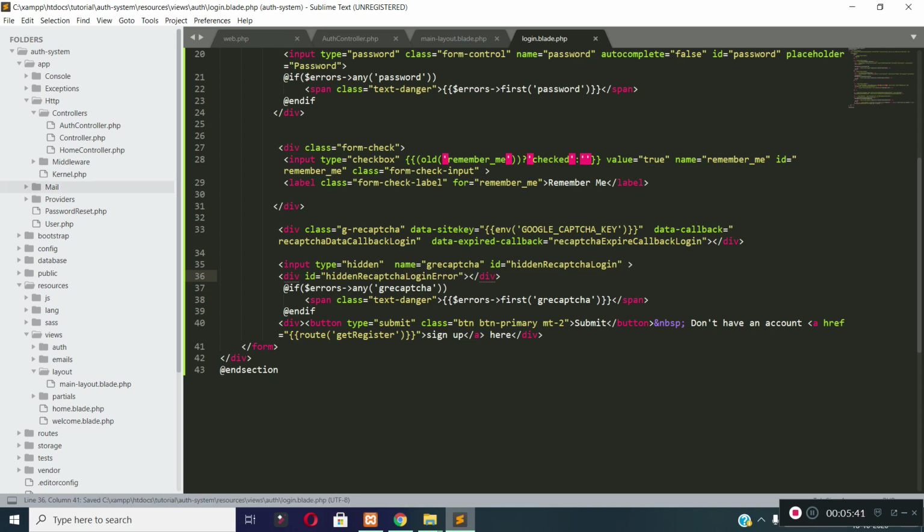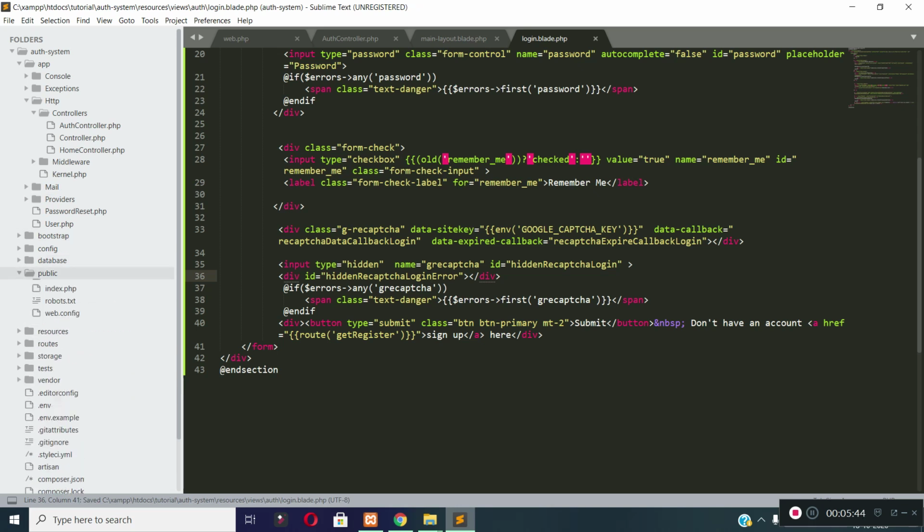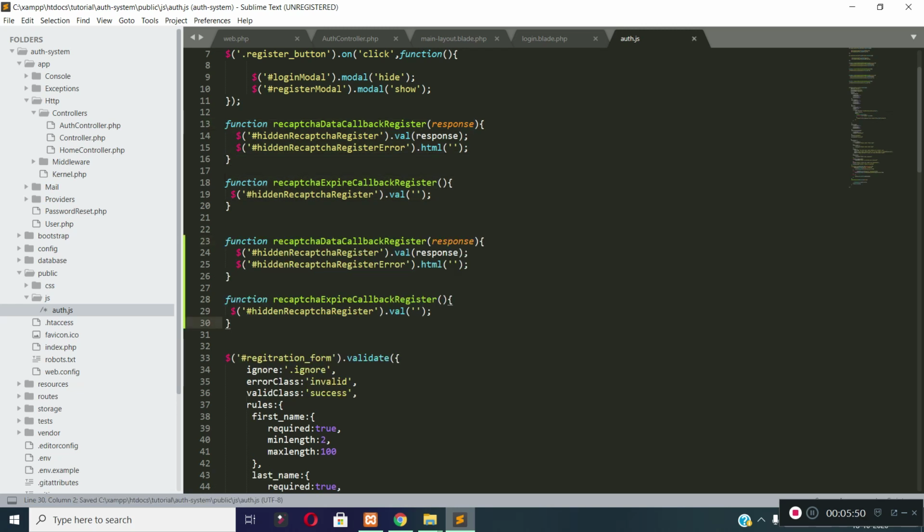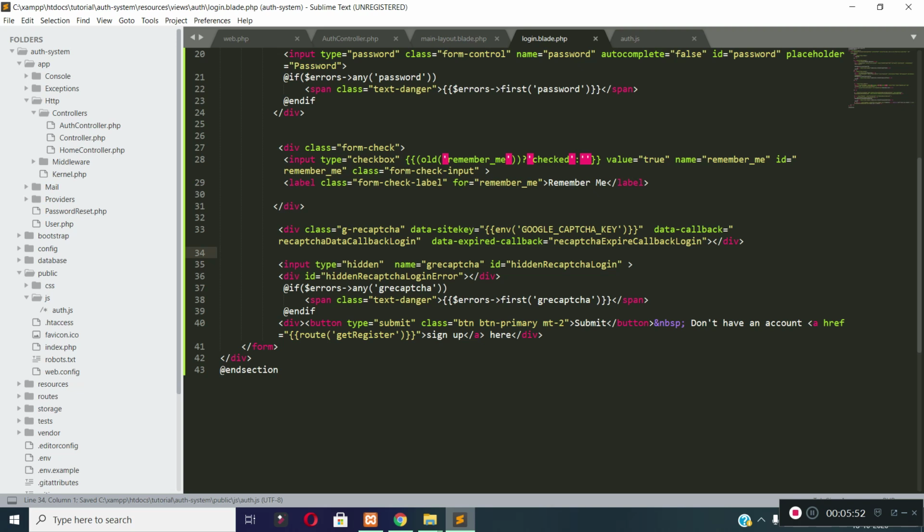Now let's open our auth.js file and let's copy these two lines from here, and for the data callback for Google reCAPTCHA in login form, it will call this function.